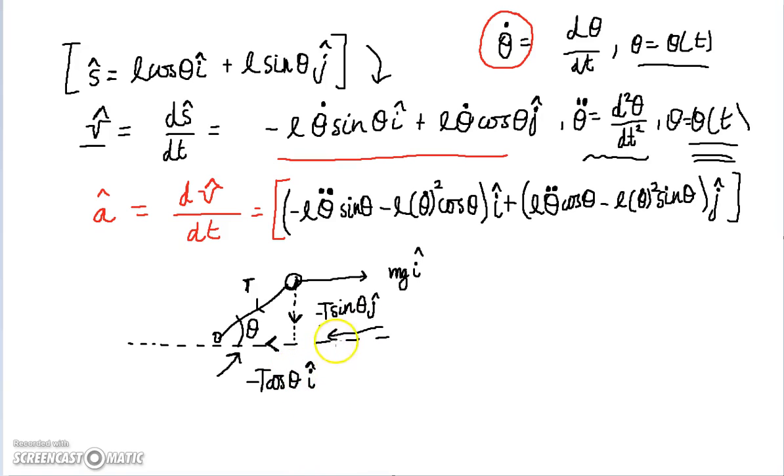So what's the actual force vector that acts on my pendulum bob? Well, I've resolved all the forces on my pendulum bob in the i hat direction and the j hat direction, so I can just add all of these together. I can just take the sum of all the force vectors, and what is that? Well,